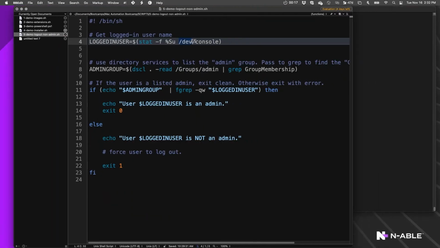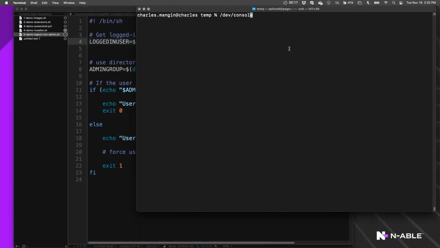So if we look at this device file in dev console, we can see that it was created on November the 8th, so that's the last time that I logged in. I probably need to reboot at some point. It's owned by me, and my main group ID is staff.